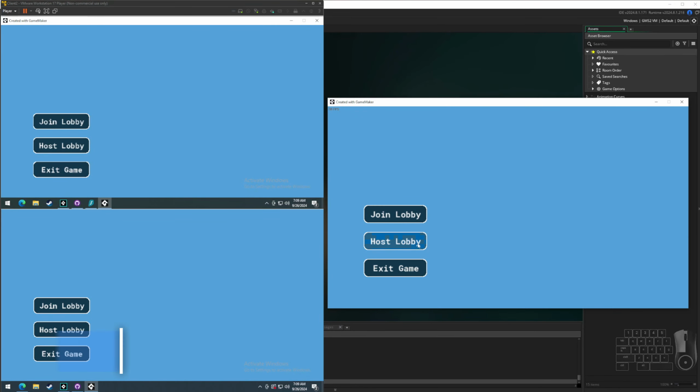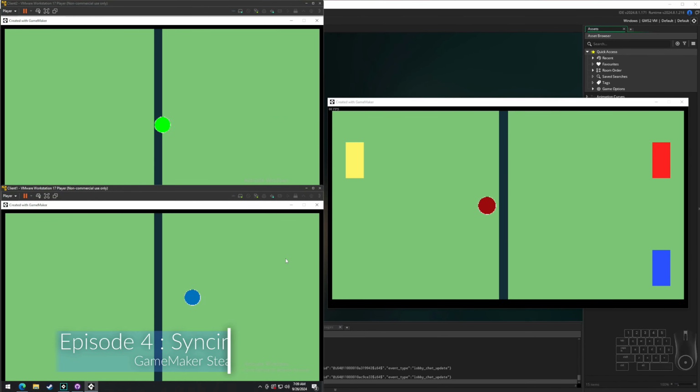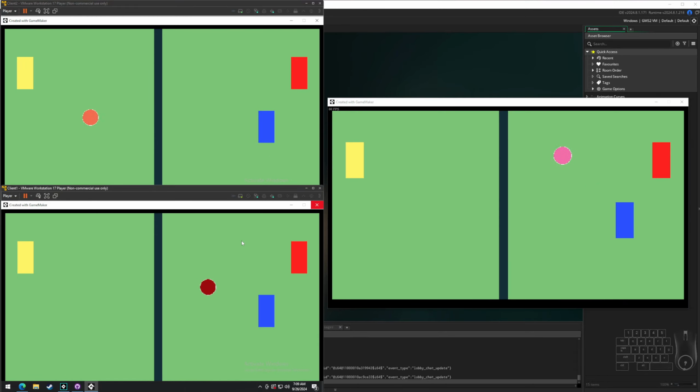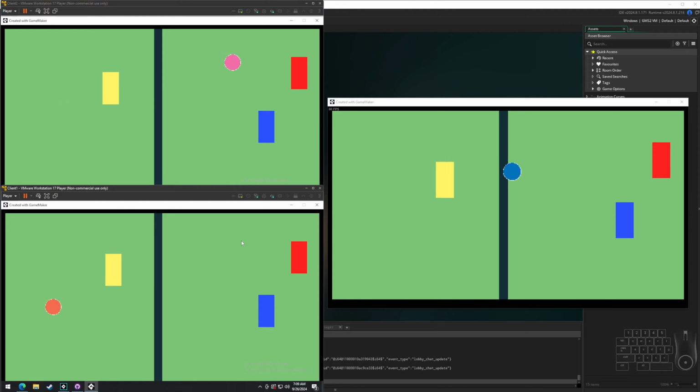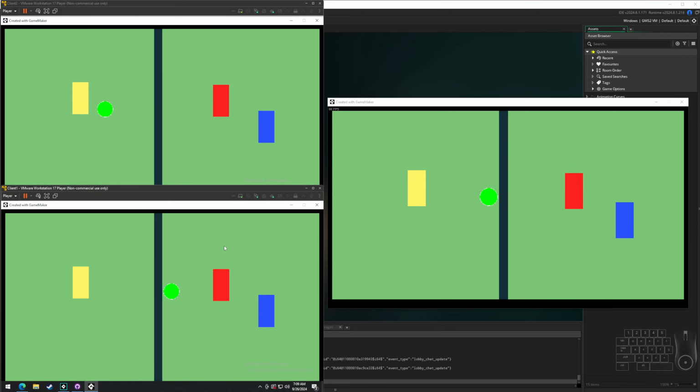Today's episode, we're going to be syncing up player positions and also player input. This will be one way of going about doing it. It won't be necessarily the absolute best way, but it will be functional, and you can consider how to optimize it in your own endeavors. Now, this isn't going to be syncing up entity, as you can see kind of how the ball position